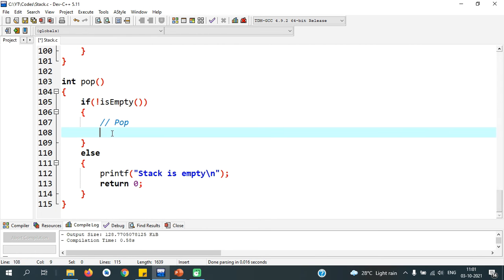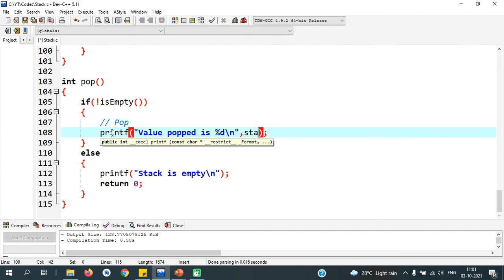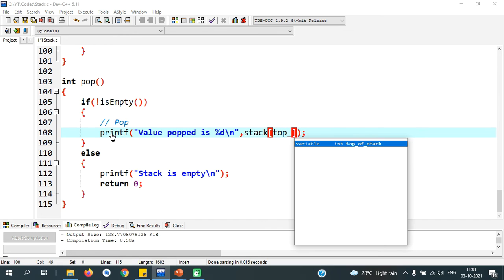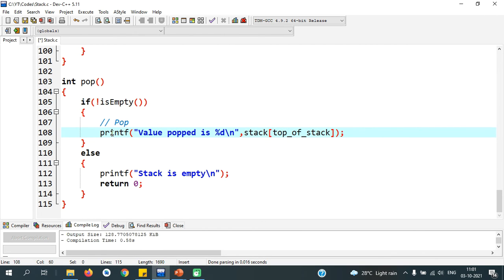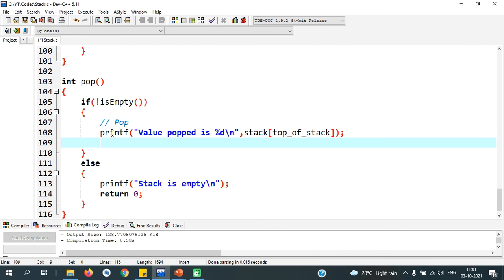So if the stack is not empty, we will printf %d \n, comma, stack of top of stack. We will print this value,